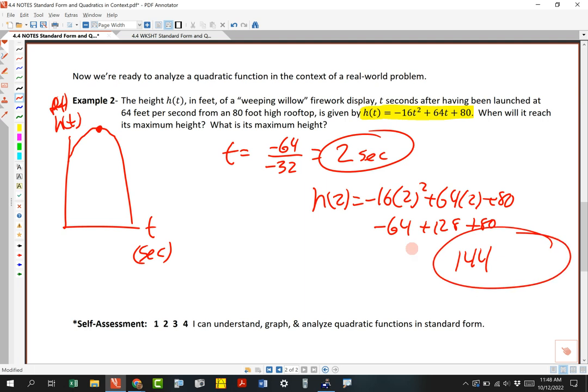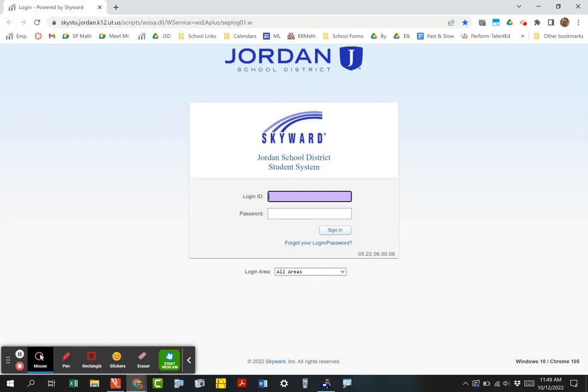Label. Don't let somebody else do the thinking for you. Label it. Mason, is that a question, or do you want to tell us what the label is? No, I wanted to tell you that. Oh, hold on. Let's stick with the problem. What's the label? Oh, well, the label is 144 feet. It's feet, okay? It takes 2 seconds to get to its maximum height, and at its maximum, it's 144 feet off the ground. Okay, any questions there? All right, I'm going to stop this because we don't want to record